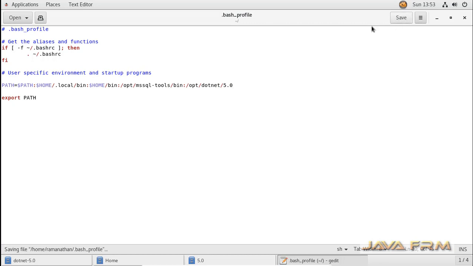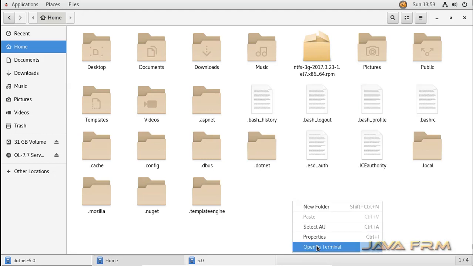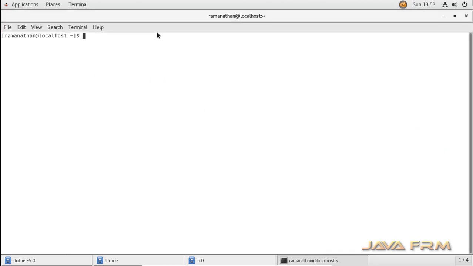So make sure that you are pointing to .NET 5.0 in the bash profile, so that .NET commands will be available in the terminal, so that you can compile, run and deploy .NET applications from the terminal itself. Okay, source .bash_profile will load the latest settings from the bash profile.